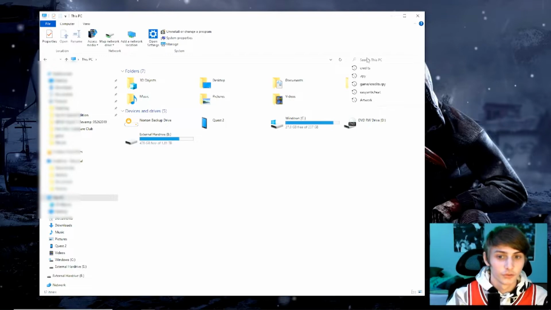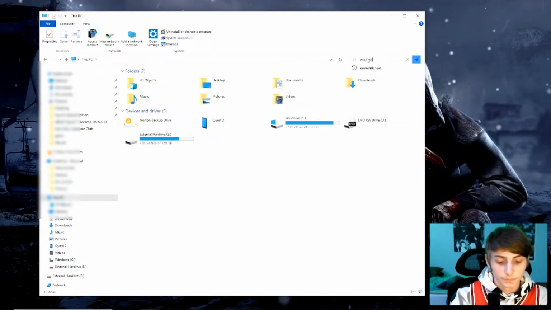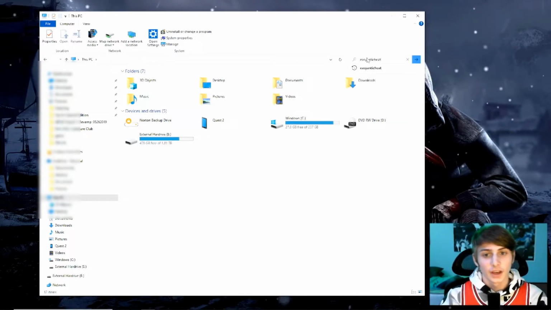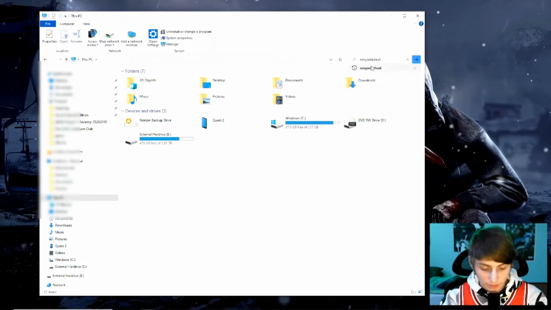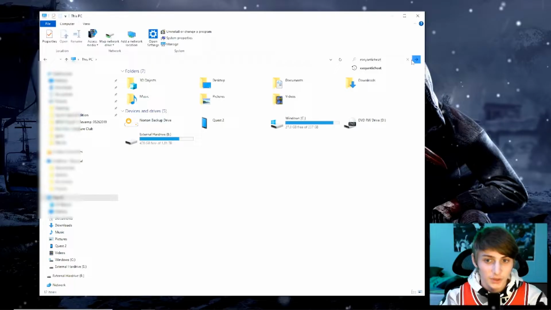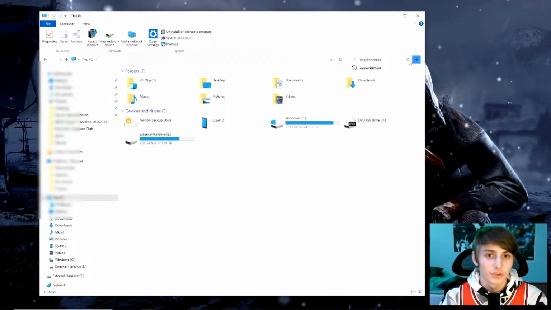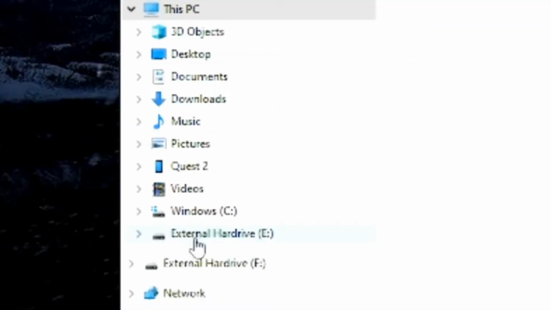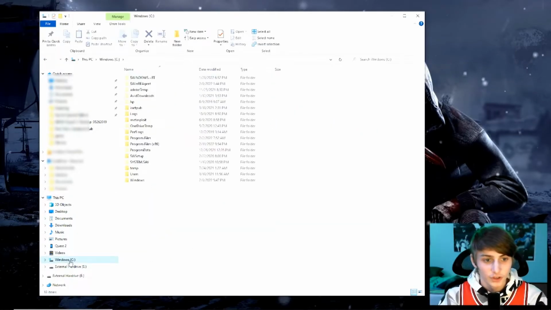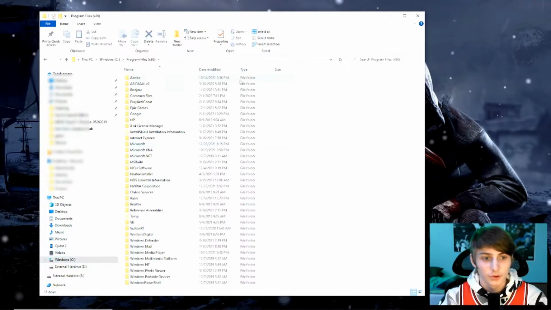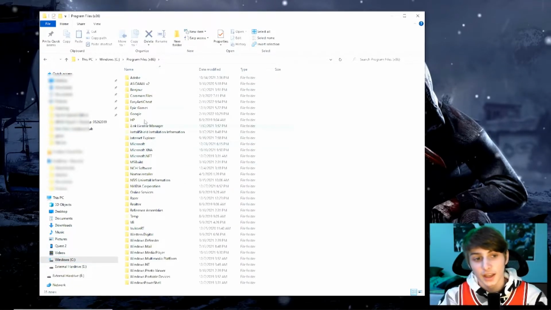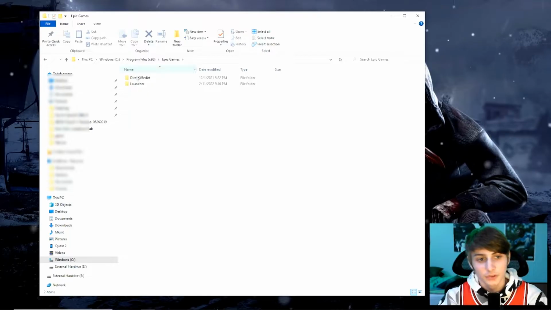You can search for Easy Anti-Cheat. Now you could search for this, however, it takes a very long time. I'm not sure why it takes so long. So what I recommend doing is finding your Epic Games apps folder. Now for me, it's on my external hard drive, but for most of you it might be in your Windows. If it's in your Windows, just go to Program Files x86, you'll see Epic Games, and then